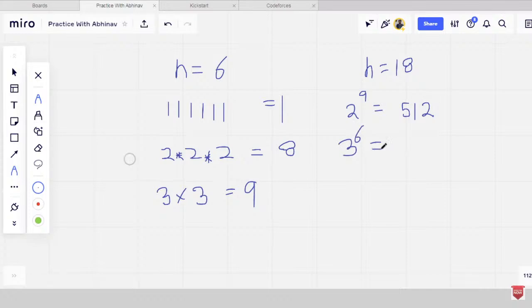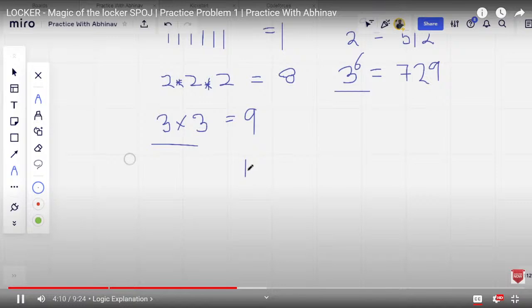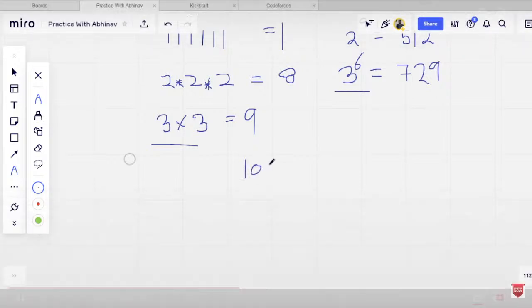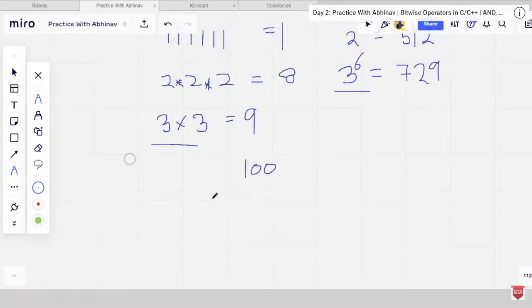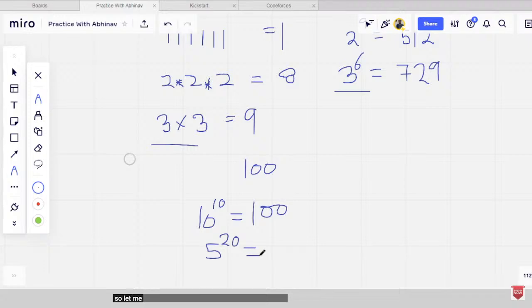क्या कर सकता है वो 3 to the power 6 कि मान लो हमारे पास 100 दिया हुआ है 100 रुपीज. तो भी आप ये सोचें कि 100 रुपीज दिए गए, हम 10 को 10 बार कर लेंगे. तो जब 10 को 10 बार करेंगे तो 100 ही आ रहा है सीधे सीधे, कोई बात ही नहीं है. या आप सोचें कि 5 को 20 बार कर लेंगे, 5 की पावर 20. अगर हम लोग ये सोचेंगे 5 को 20 बार कर लेंगे, सो लेट मी कैलकुलेट 5